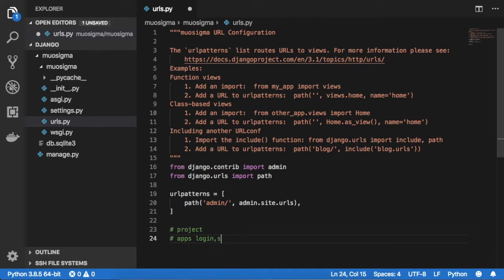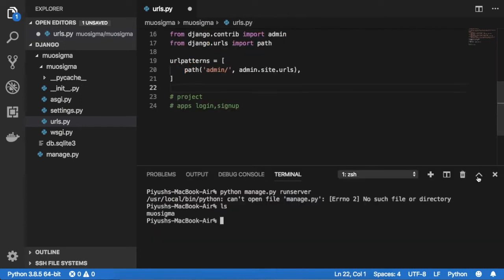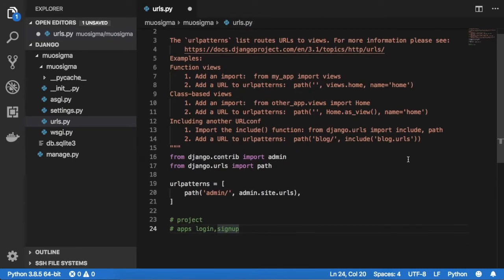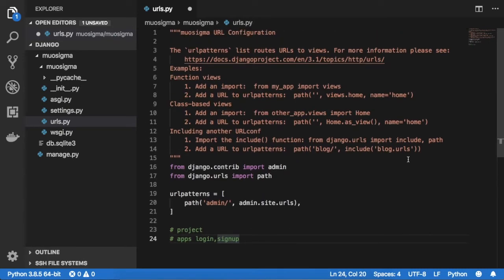If I am working on sign up, I can say sign up app. We can break our functionalities into apps. For example, an add to cart functionality can be made into an add to cart app. I will explain this by writing the code, so let's discuss it in depth.